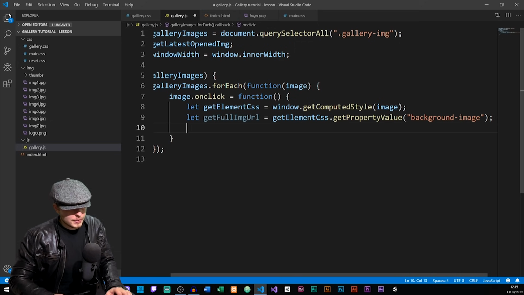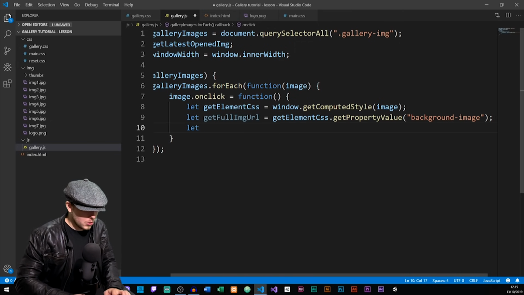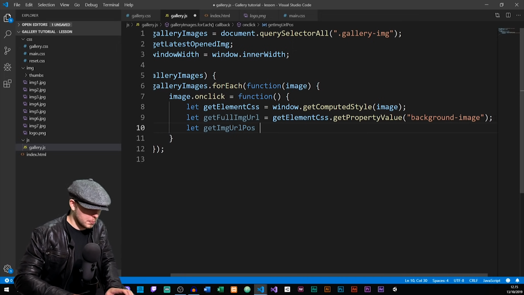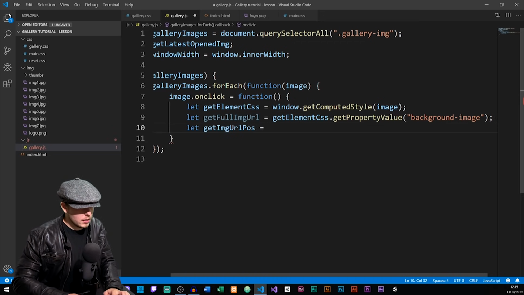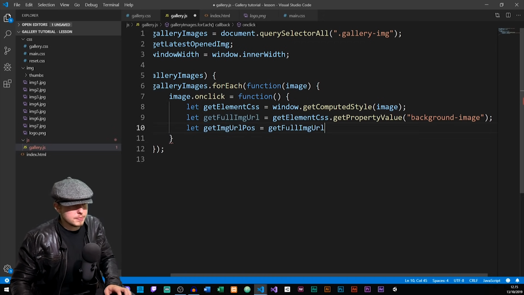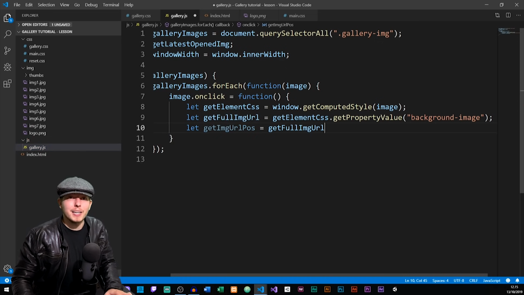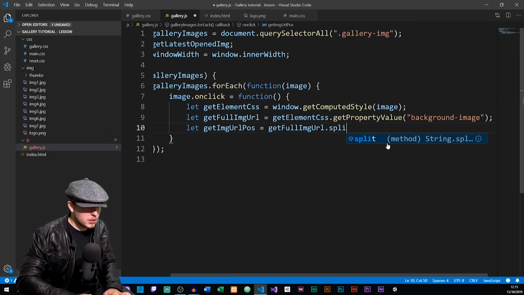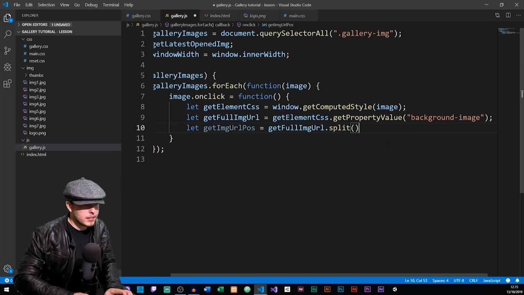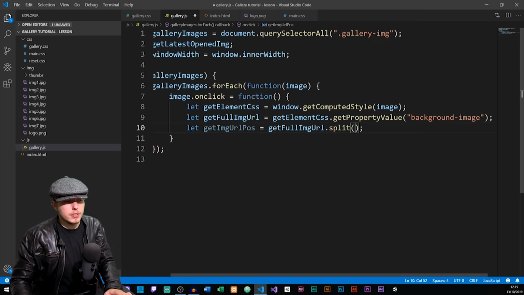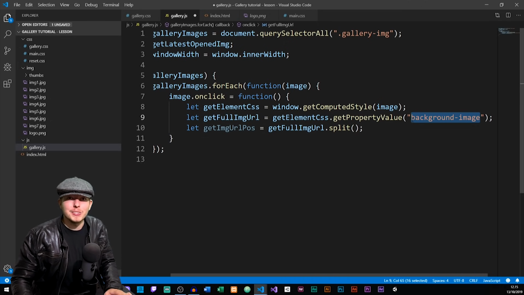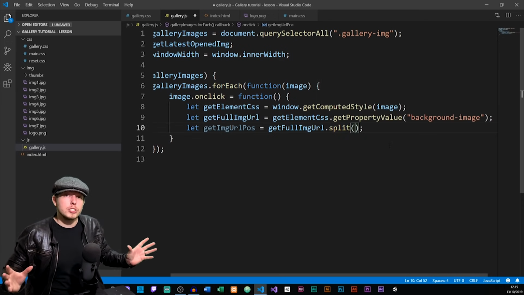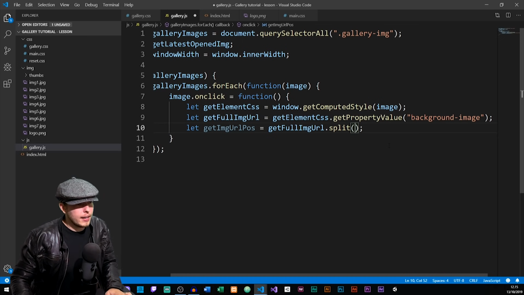So going down to the next line, I'm going to create another variable and call this one get image URL position, or pos for position. I'm going to set this one equal to the get full image URL we have up here, because that is going to be the value of the background image of this image here. And I want to split it. I'm going to run something called a split method. This method is going to take the value we have up here, which is the URL for the thumbnail image, and allow us to split it apart, because I just need the last half of it. So I'm going to say that we have inside this URL,